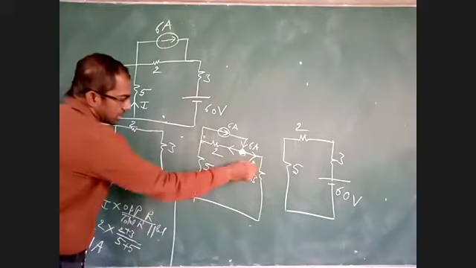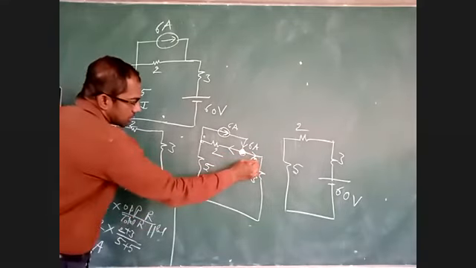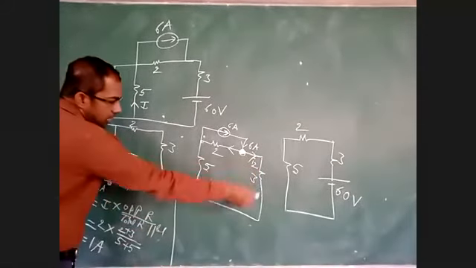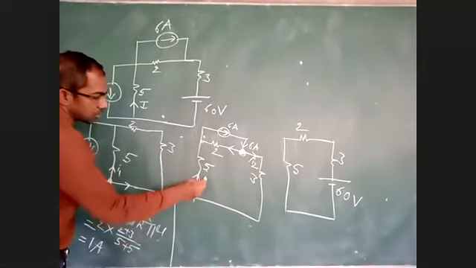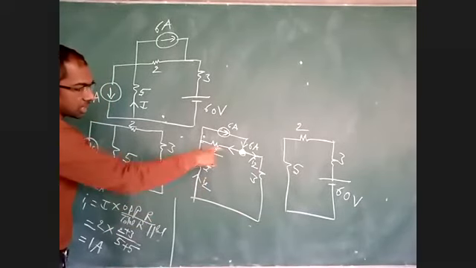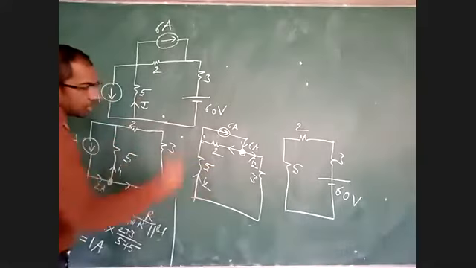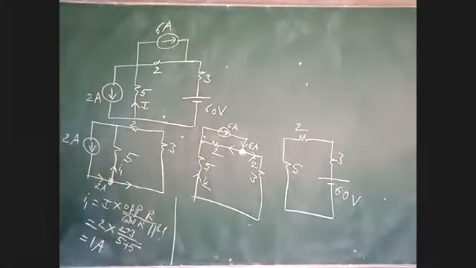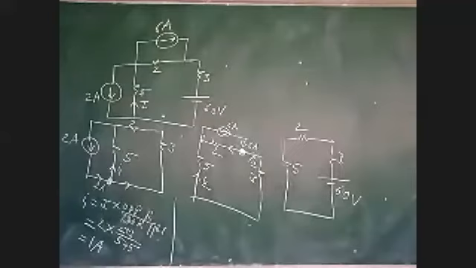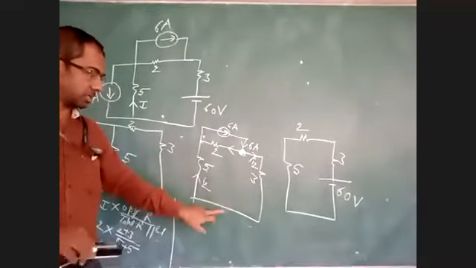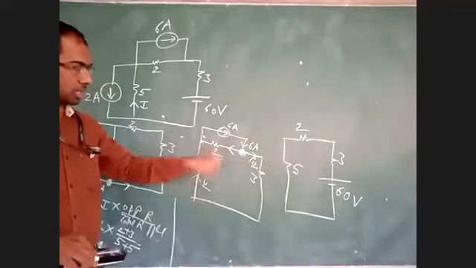Now I want this current. Let us take this current as I2. In the second circuit, I am assuming the same current is flowing here. I don't want the current in the 2 ohms. I want the current in 5 ohms. That means 3 and 5 are in parallel or series? Series, sir. Series. See, this 2 and this 8 are in parallel. 5 plus 3 is 8. 8 you can write here. This 2 and 8 are in parallel.